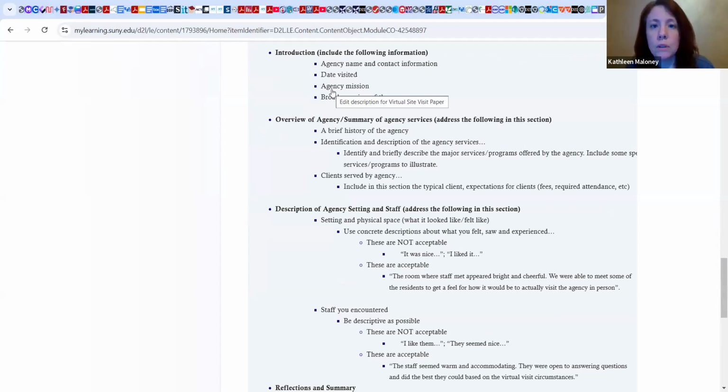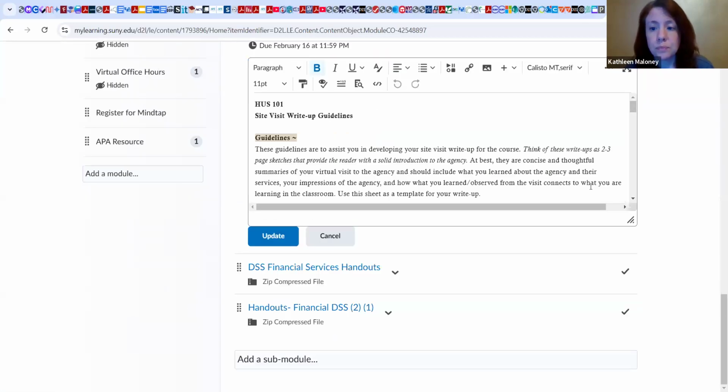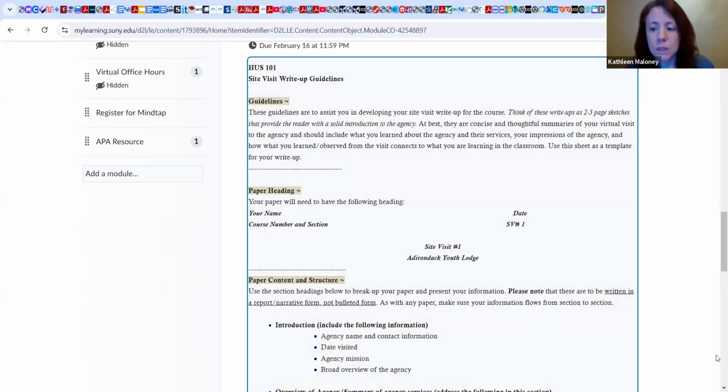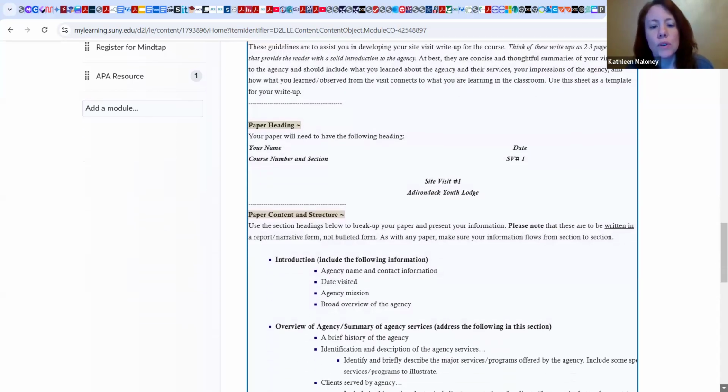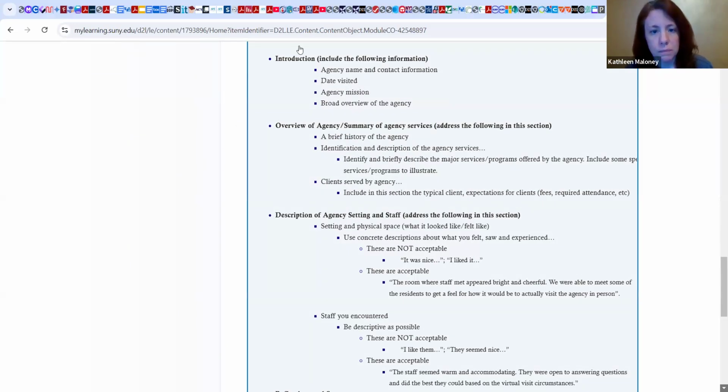So for example, you can identify on February 6, 2025, you watched a recorded site visit with the Franklin County Department of Social Services, which is located on 122 Finney Boulevard. I don't think that is the correct address, but there are some handouts with the address. You identify the mission statement of the Franklin County Department of Social Services, and then a general overview of the services that are provided. Okay, that is the introduction.